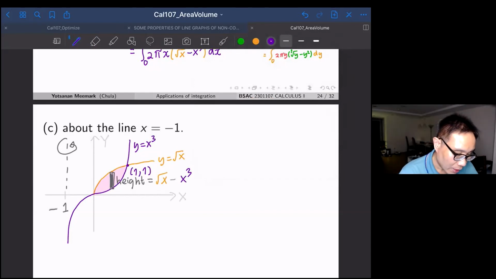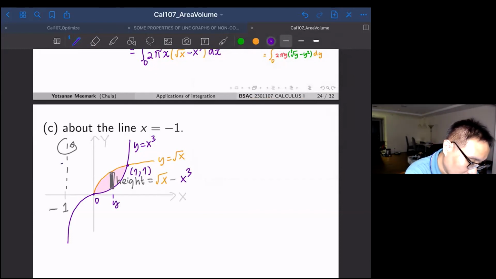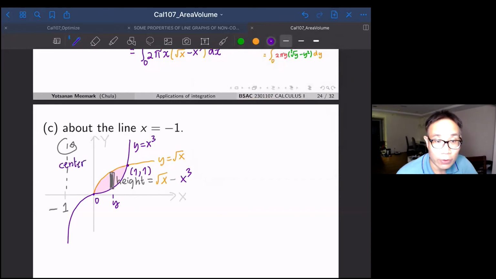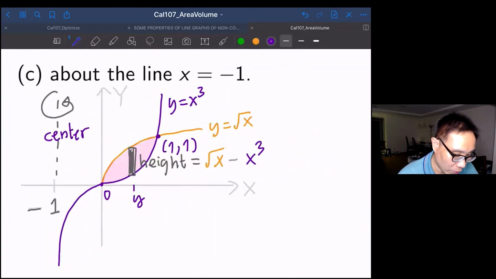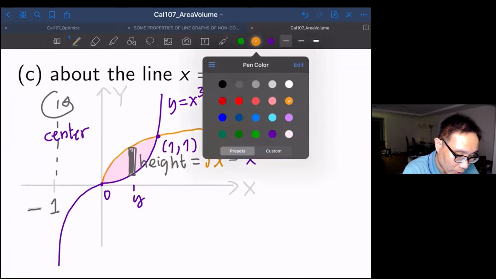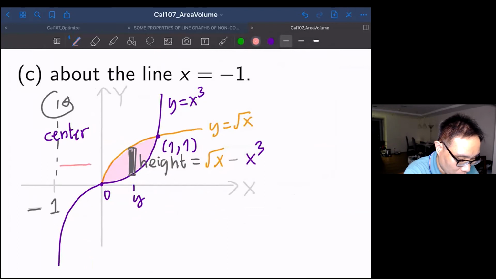in this case. And you see that you have 0 here and you have y here, but this guy is not the center. The center is here. So the center is at x equal to -1. So in this case, the radius turned out to be longer. So here, the radius r turned out to be kind of longer in this case. So you have r will be just the height here, so it's going to be y,